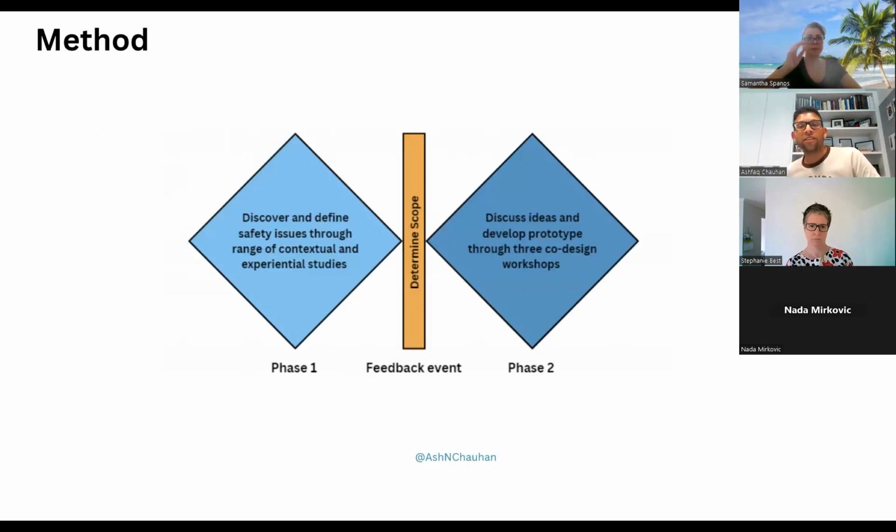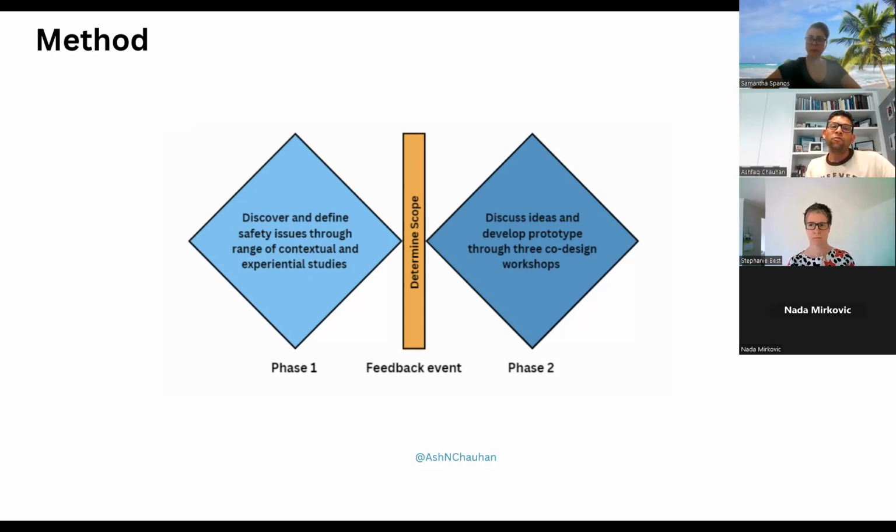This project was conducted across two phases. Phase 1 was conducted to identify the experiential and contextual features that are the focus. In phase 1, we did the systematic review and the medical record review that I talked about earlier, and we also did interviews with health service staff and consumers.